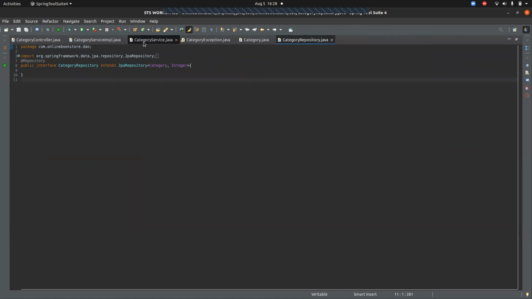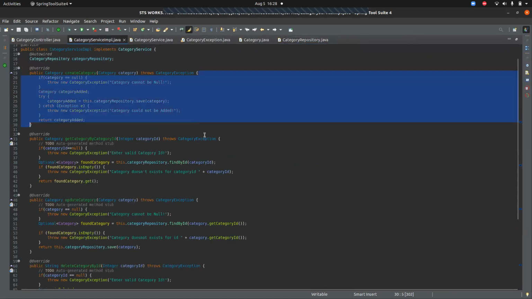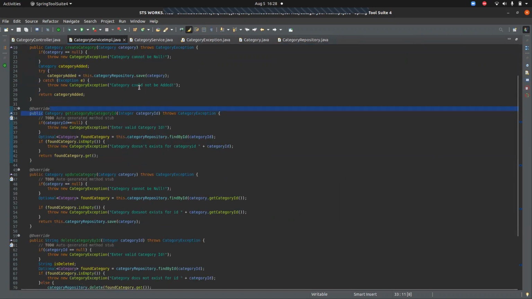So I'll be showing you the service implementations. If I'm just adding a category and it's added successfully, there could also be a generic exception, like category cannot be a null exception. I added that as an additional functionality.